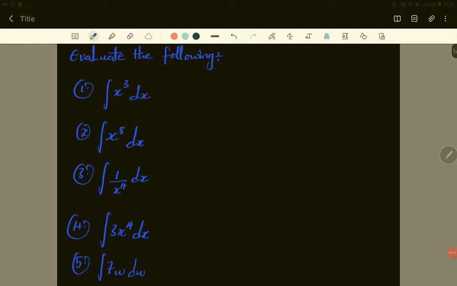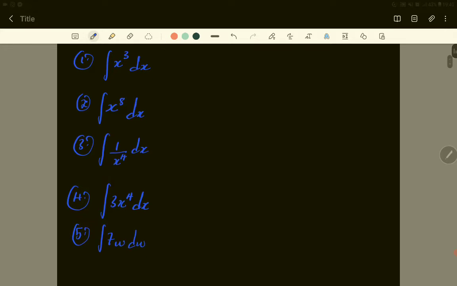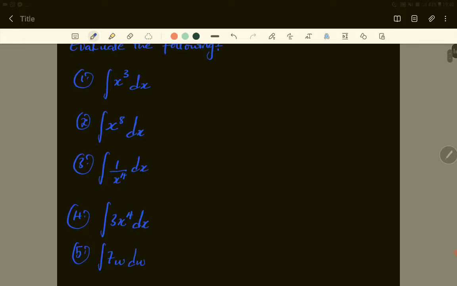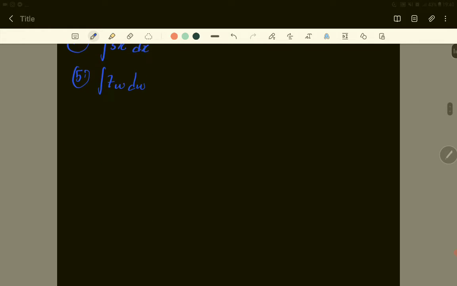In this video, I'm going to be showing you how to evaluate some integral problems. We have the first one, integral of x to the power of 3 dx. The second, integral of x to the power of 8 dx. The third, integral of 1 divided by x to the power of 4 dx. The fourth, 3x to the power of 4 dx. And the fifth, integral of 7w dw. Now to solve these integral problems, the first one,